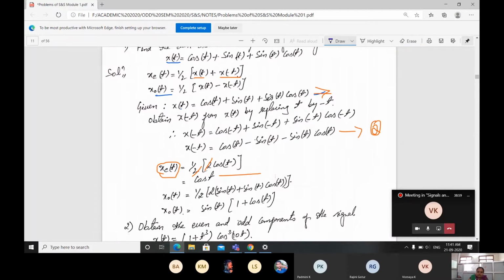Here, this is our x of t and this is our x of minus t. Cos t minus sin t minus... these two get cancelled. Then sin t minus of minus, so this will be sin t of the first part minus of minus sin t, you will get 2 sin t. That's what I wrote here, 2 sin t. Then plus, minus of minus is going to be plus. If I add these two, subtract these two, I will be getting 2 sin t cos t.